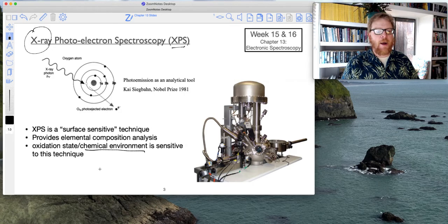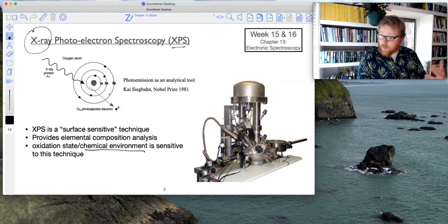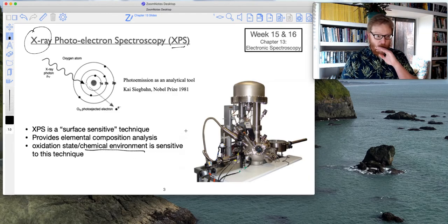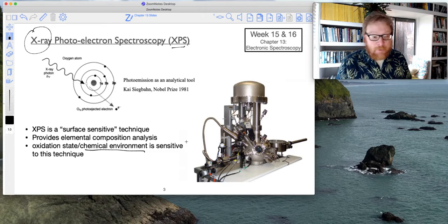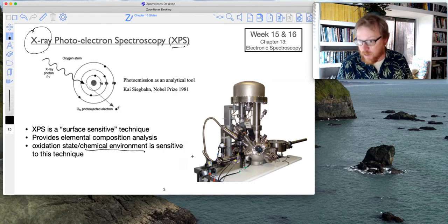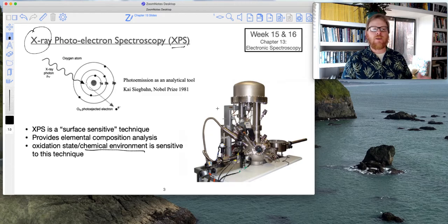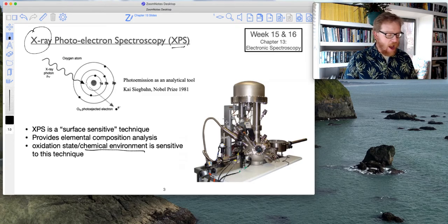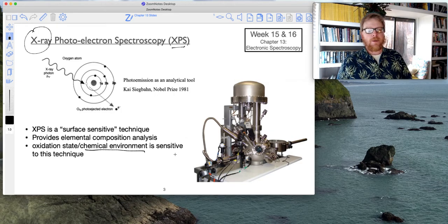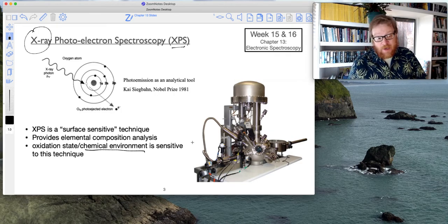So just like in NMR, we kind of think of this as a chemical shift. Well, depending on the oxidation state or the chemical environment of our analyte, so in other words, is it an atom or is it a molecule? And if it is a molecule, is it a covalent molecule or is it an ionic molecule? So these very simple details are very sensitive to XPS. So the energies, the binding energies of these core electrons can be related to their chemical environment and molecular structure,